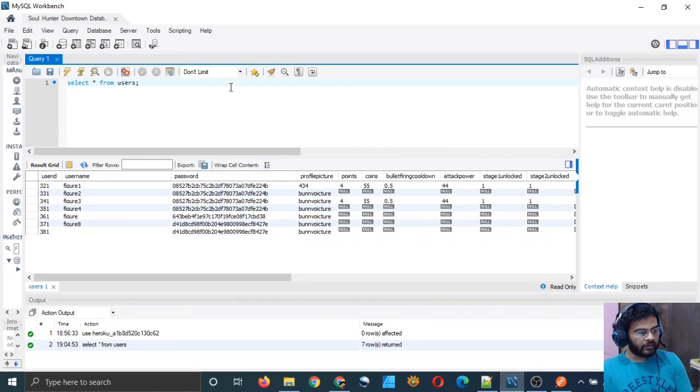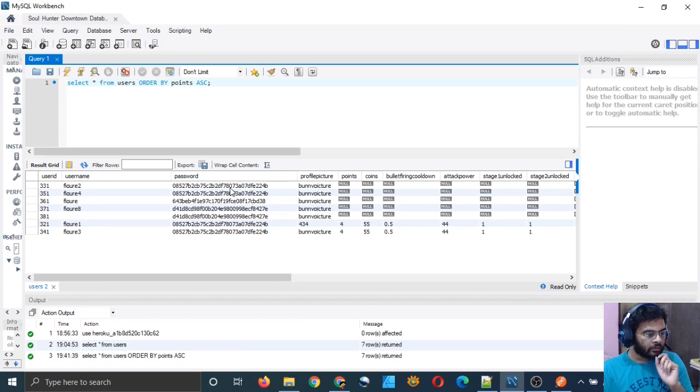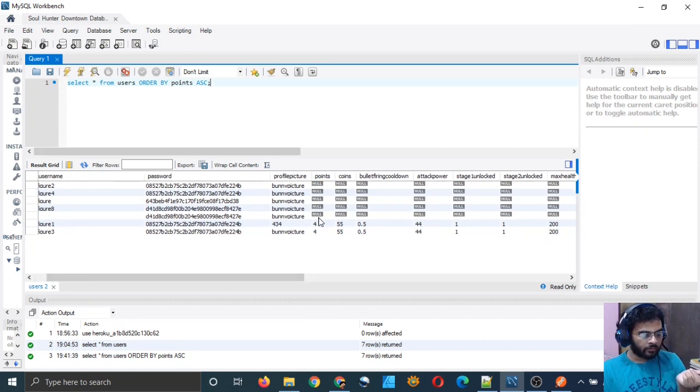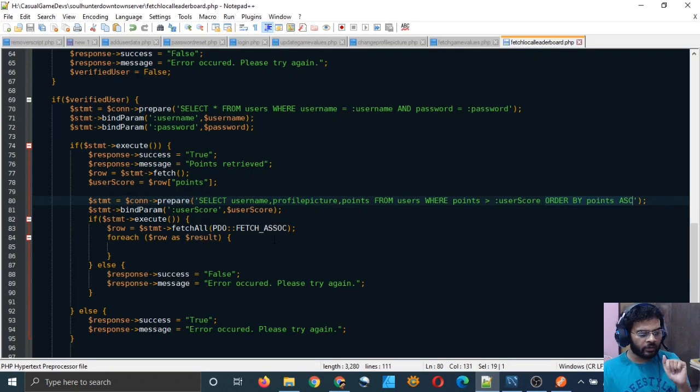Let me run this statement and see what happens first. I mean the order statement: select star from users order by points ascending. I've run the script. So the script is running. Let me wait for it to run. So yeah, it gave me something null. I think they thought that null is zero, and these two are below each other. So it's working. This command works, so it's correct. So we can do it this way.